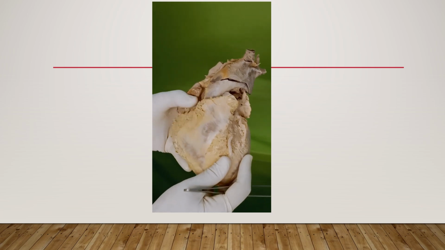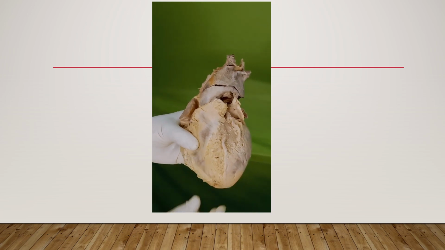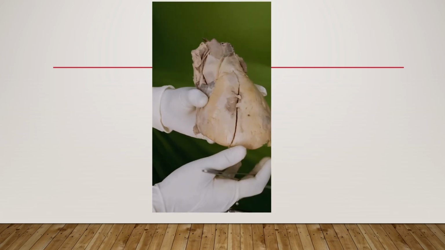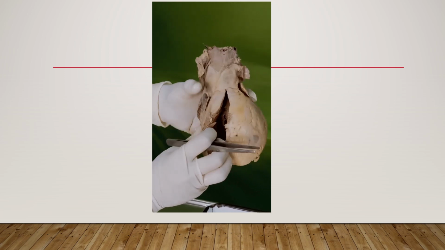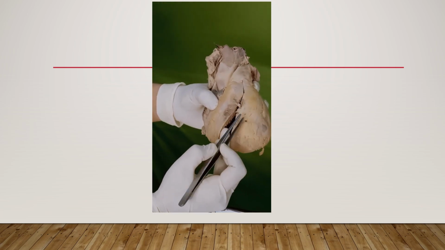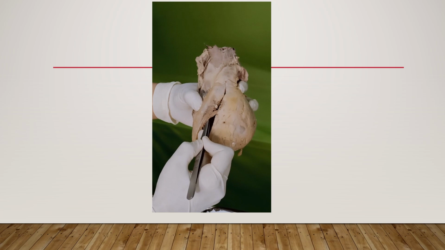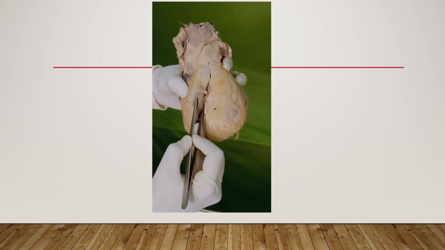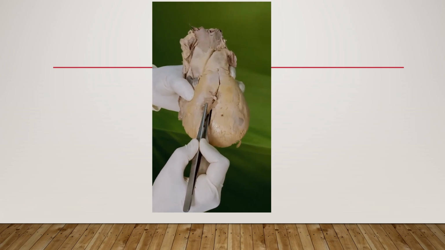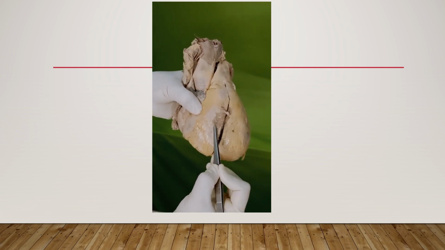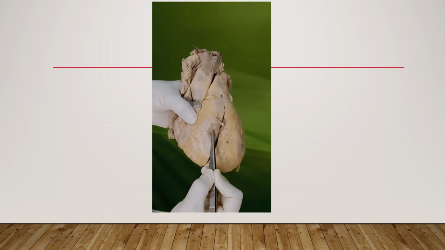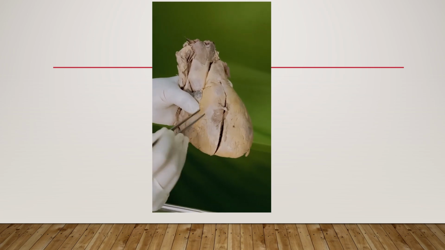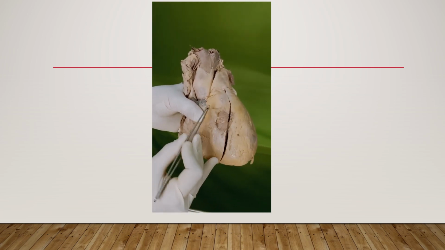Then a very small portion regarding the walls of the heart. When we talk about the interior, we have seen the interior of the ventricles. The innermost layer of the wall of the heart is called the endocardium. The middle thick layer, formed by the cardiac muscle, where you can see these muscle fibers, is called the myocardium, and the outer connective tissue layer is called the pericardium. Here we have just reflected a small portion of the pericardium.